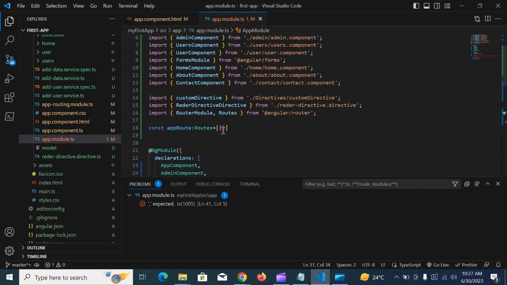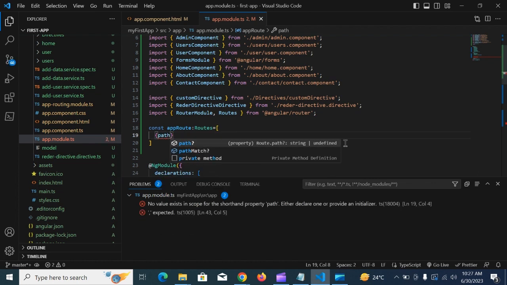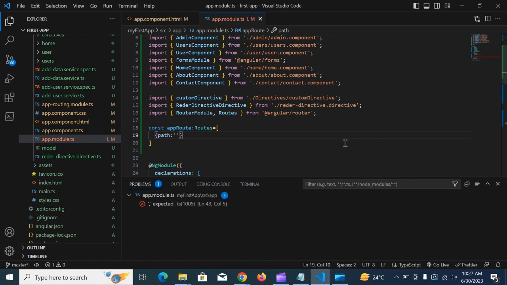Now it will work. So here I'm taking path. In the path, we don't give any slash. Then component. In the component, I am providing HomeComponent. So I'm giving a comma here,